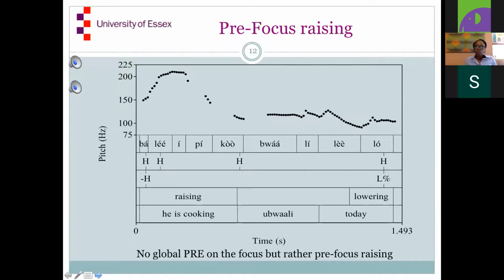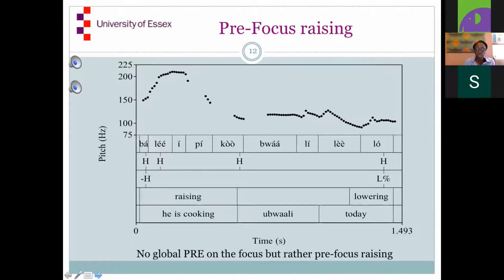So now coming to focus. This was what we see in the context of when you've got a question and a question word. Now coming to constituents where we have focus. Here, this is a sentence in response to, so these were always paired sentences, where someone asks, what is he cooking today? So everything is given: cooking, the verb, is given, today is given, and the response is going to be, and again here by focus,